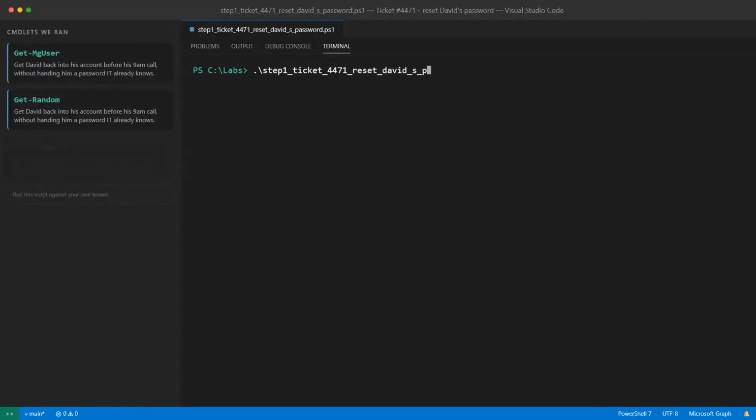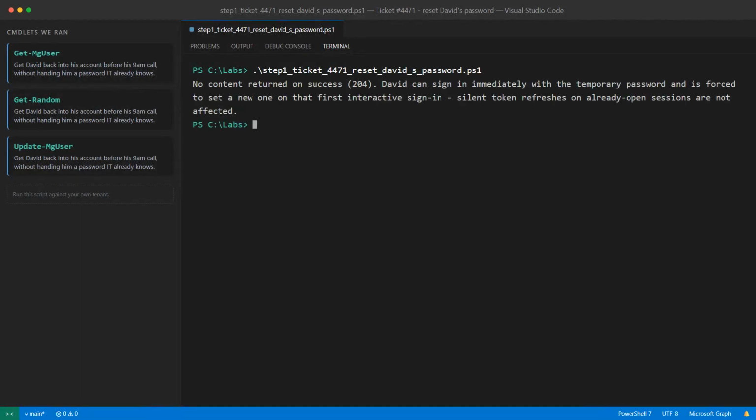And we get back absolutely nothing, no output, no error. That's the expected 204 No Content response, which in REST APIs means the operation succeeded. David can now sign in with that temporary password, and the moment he does, he'll be forced to set a